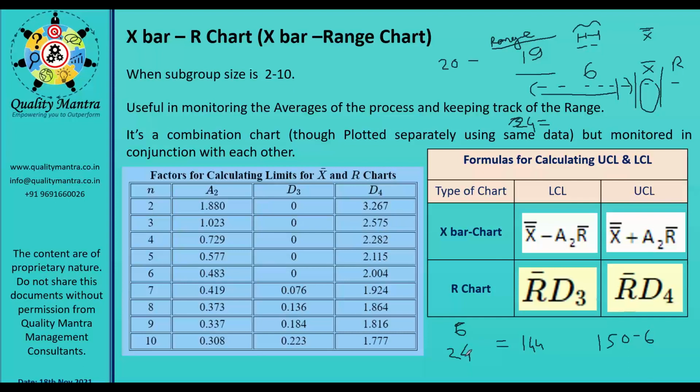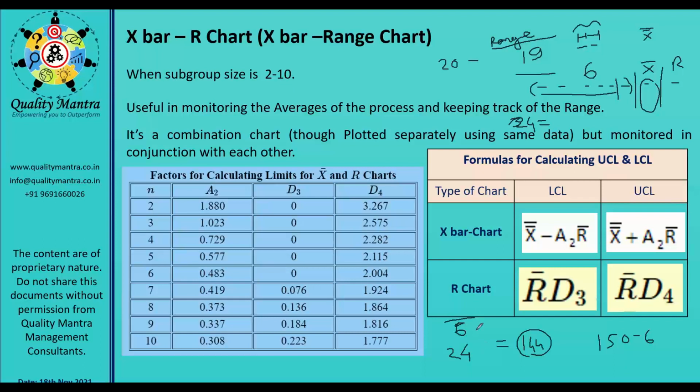Instead of 24 into 6, which is difficult, do 25 into 6, 150 minus 6, 144. So you will have 144 data points. Now if you plot these 144 data, it is difficult to get any trends, because you are saying that these